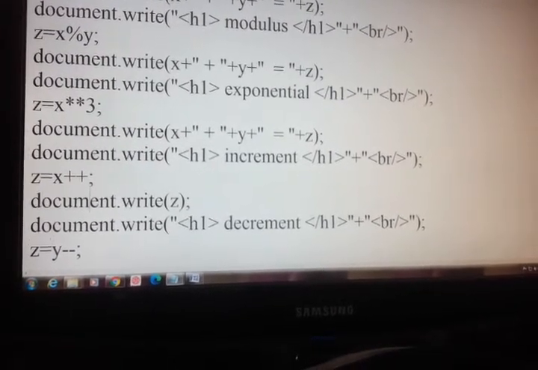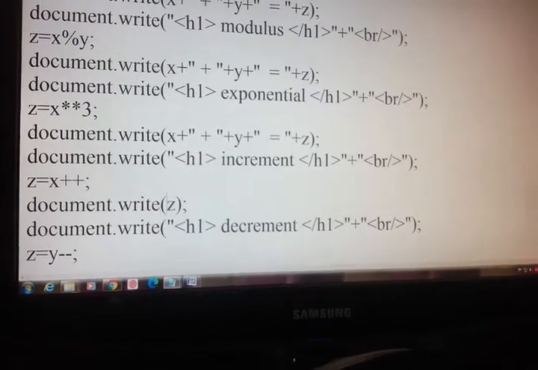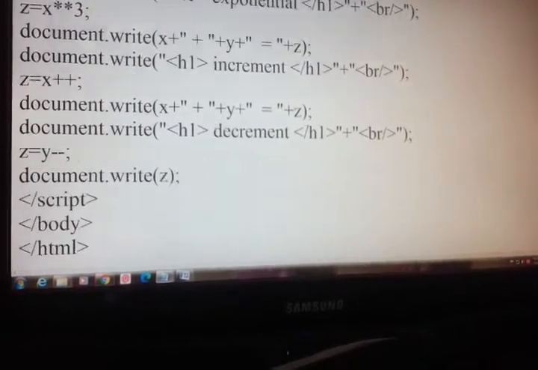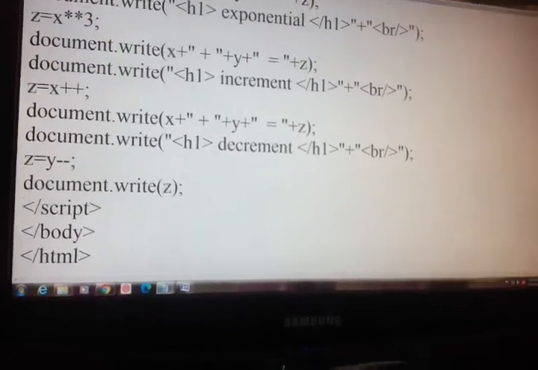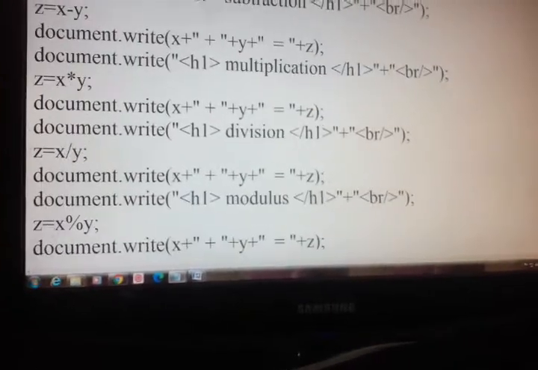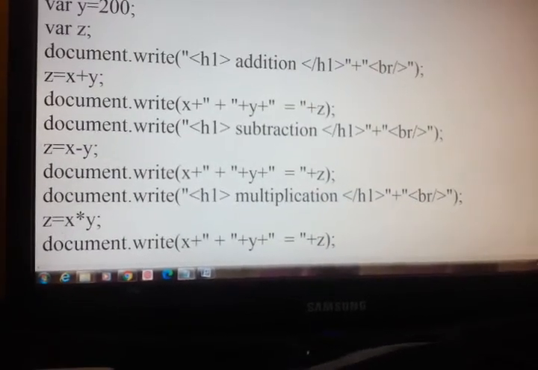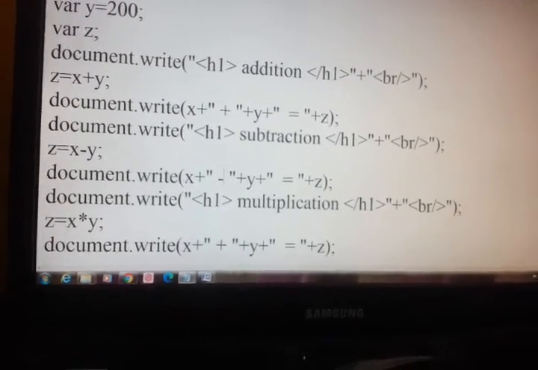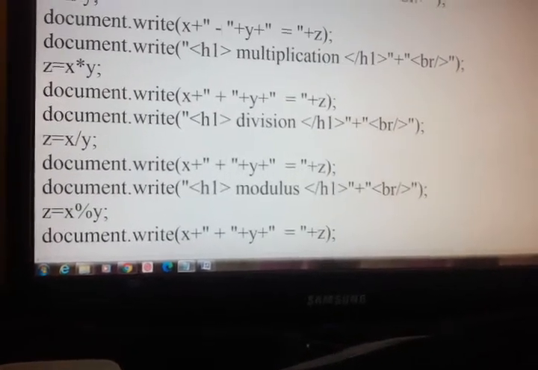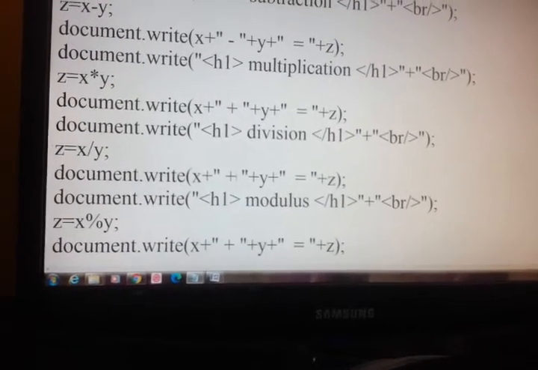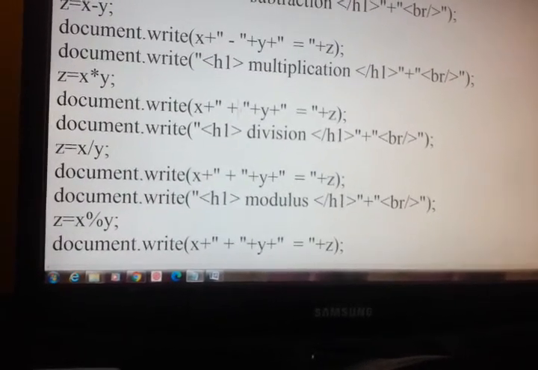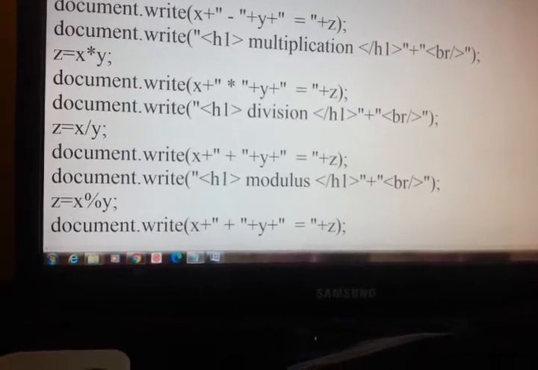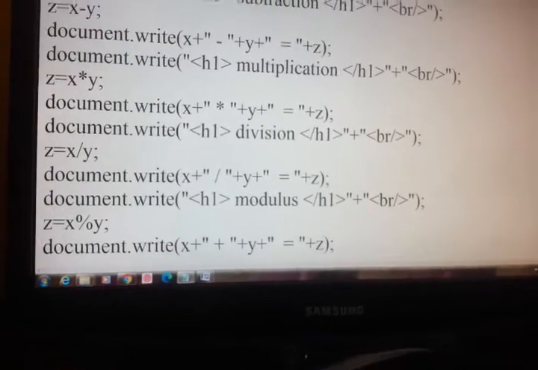Just later on do the modifications. So for addition we have written plus, so here we are changing for subtraction minus, and for multiplication we'll just change it to star, and then for division we change it to slash,